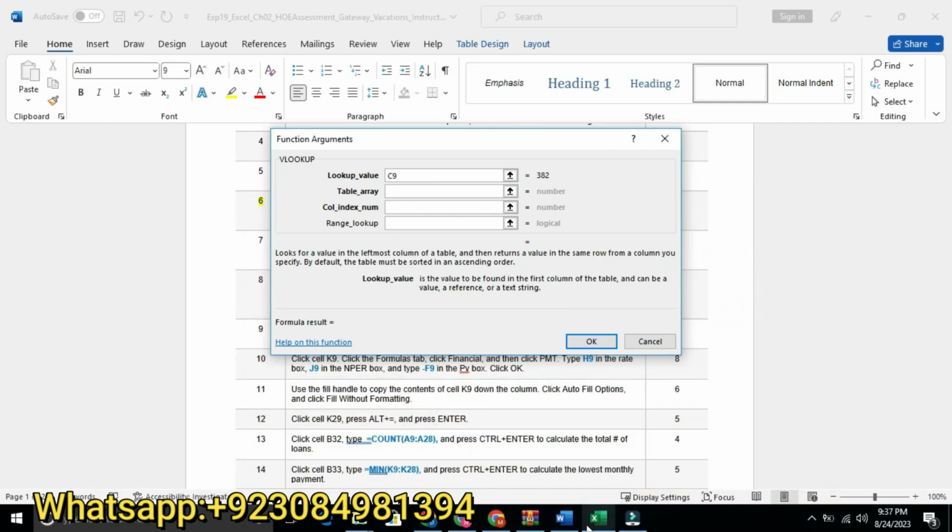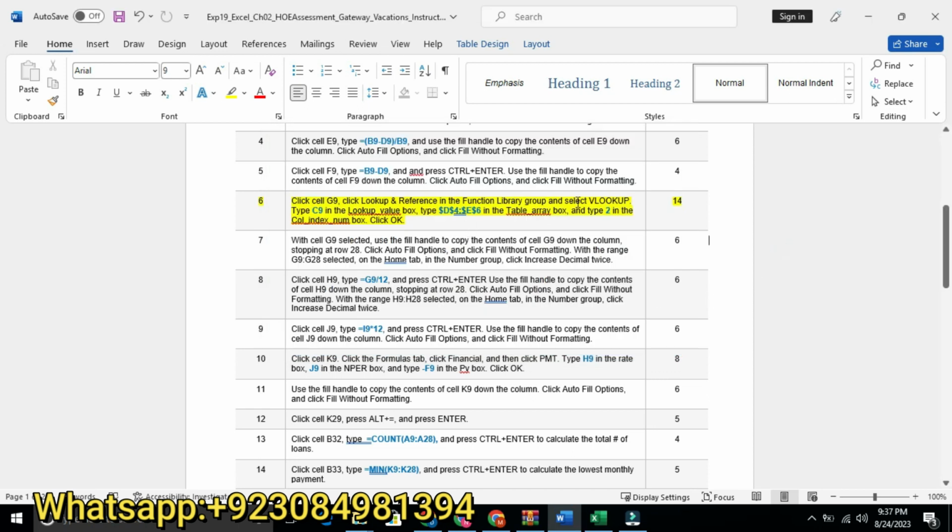And type this in the table array. So we will copy this one and paste it in the table array.